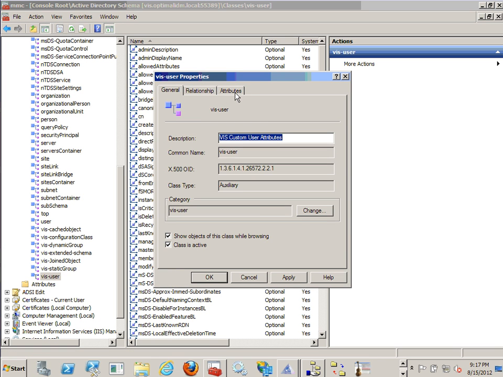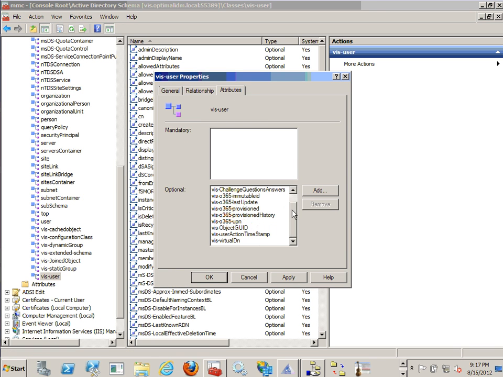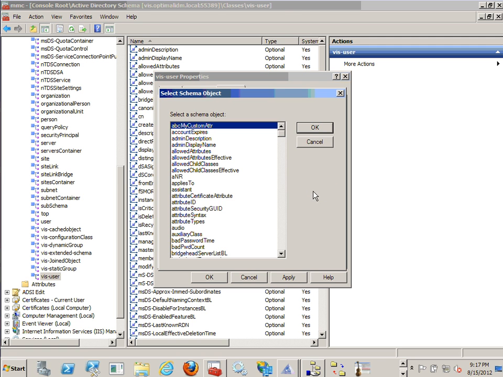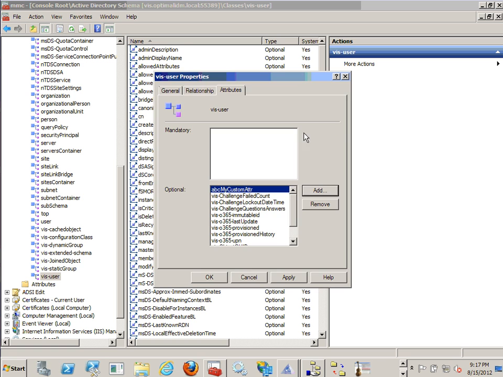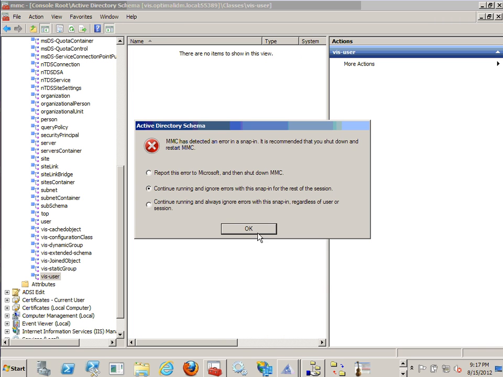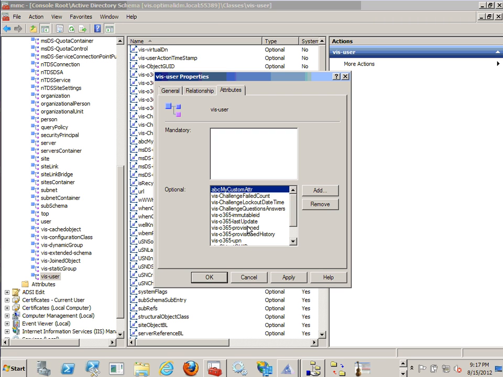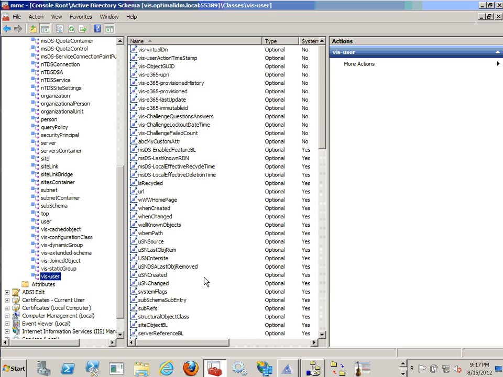And if we take a look at the attributes tab, you'll see some of our attributes that we've already extended, or at least I have in my environment. So I'm going to go ahead and add our new attribute, ABC my custom adder, say OK, click apply. Okay, not sure what that error was about, but